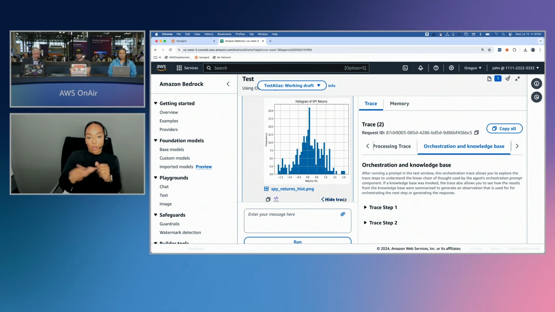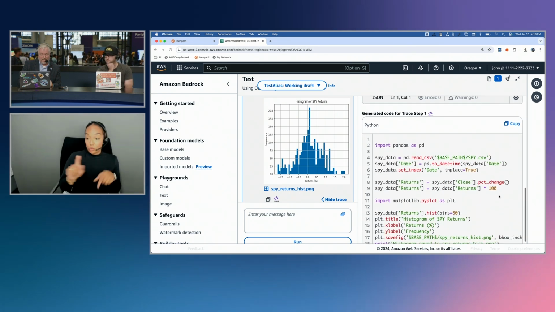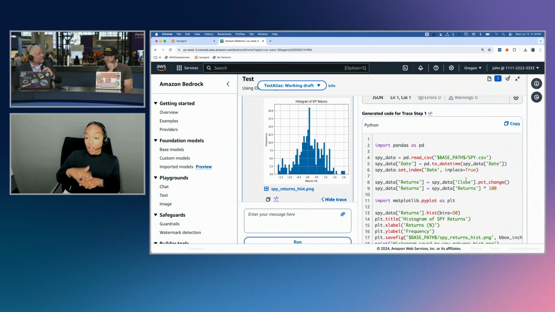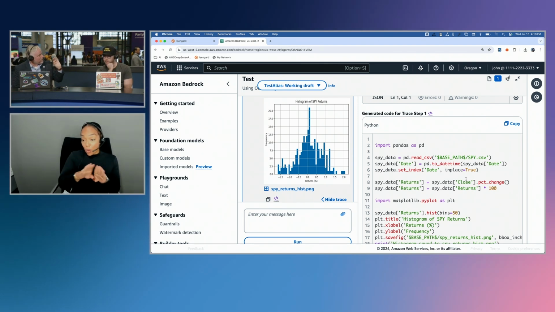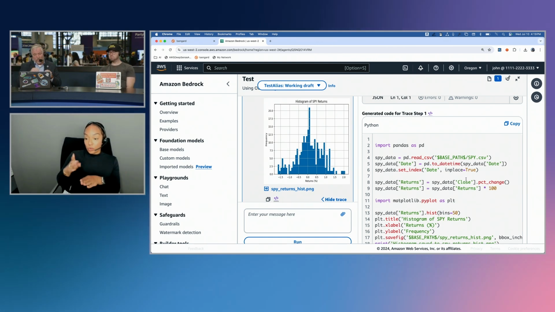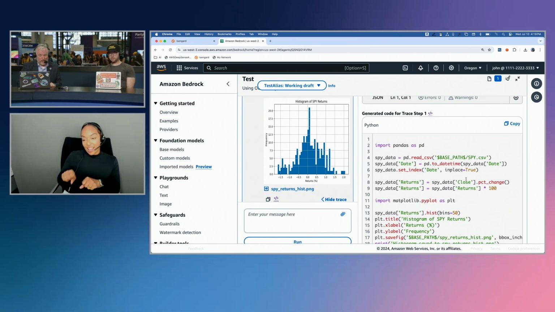Watch this. So I go into the trace, and it created the percentage change off the close price. Notice that's exactly how you would do it. You would do close to close. So close day 2 minus close day 1 divided by close day 1. Or, alternatively, you could take the log of those two, but we won't get into the math behind that.